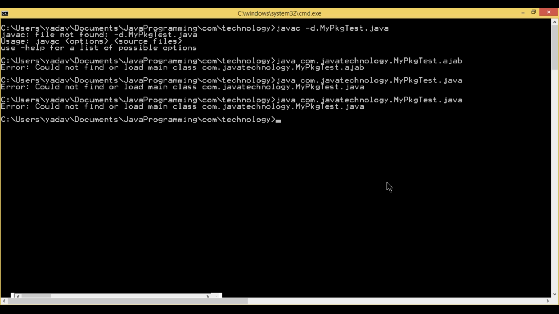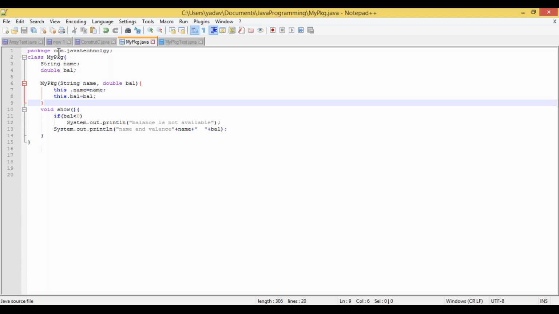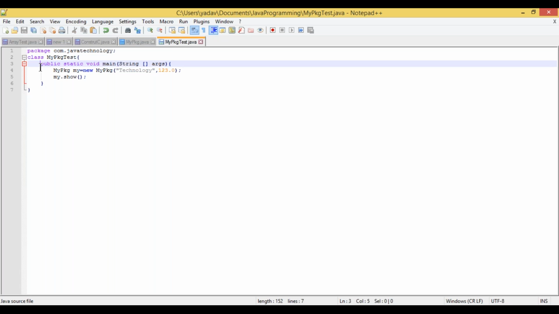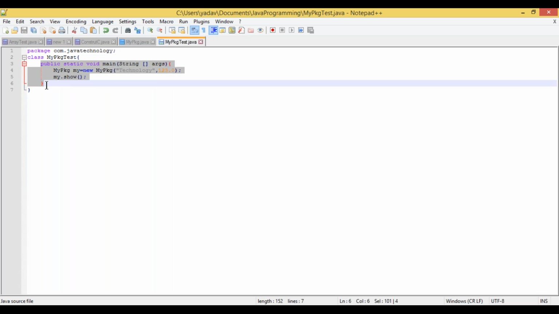No, could not find or load main class. Is any restriction available? No. Okay, let me move this code into